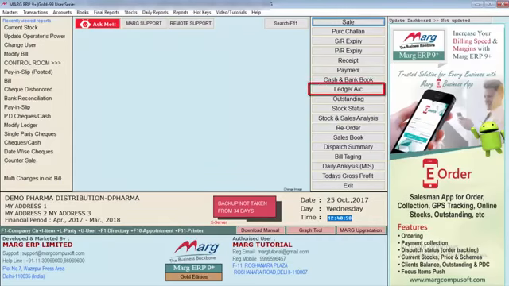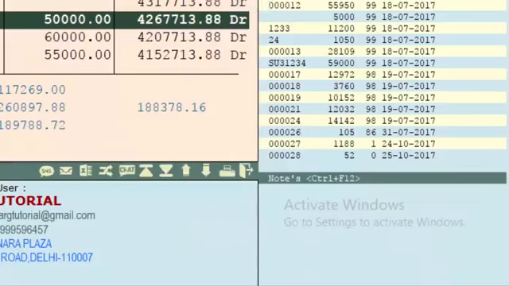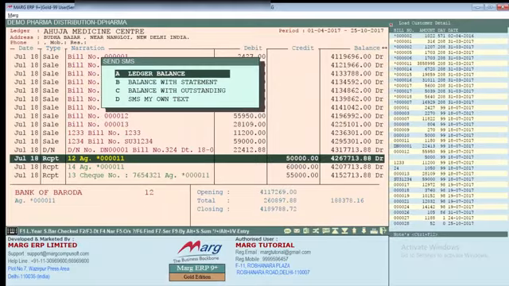Similarly, come to the ledger account, select the ledger, then from below, click on the SMS icon. There is a send SMS window in front of you. Here are the options for what SMS you want to send to this party: ledger balance, balance with statement, balance with outstanding, or any text you want to send from your side.